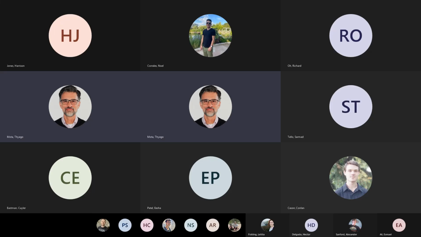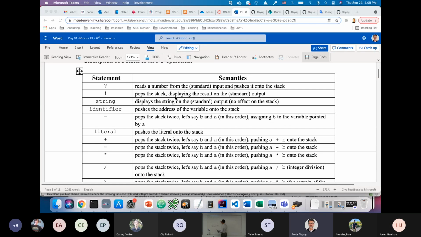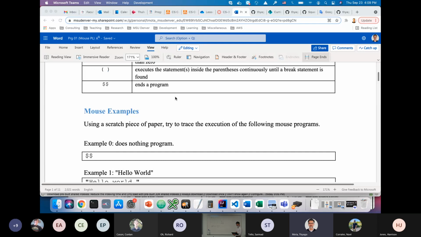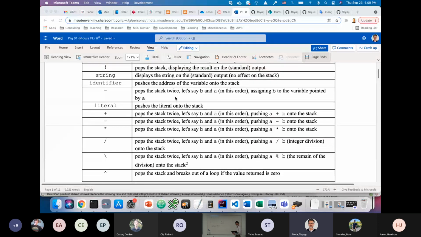Okay, and enter. So that number is going to be pushed onto the stack. Okay? So far, so good. So what's the next thing? An equal. So what does the equal mean? Pops the stack twice. So it's going to pop 8, it's going to pop 15. And then